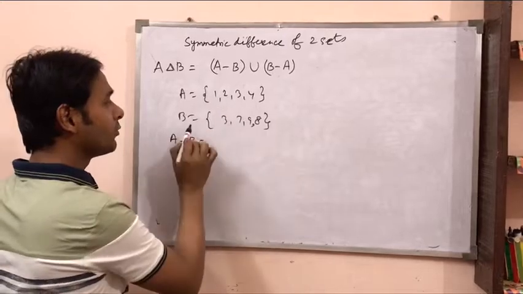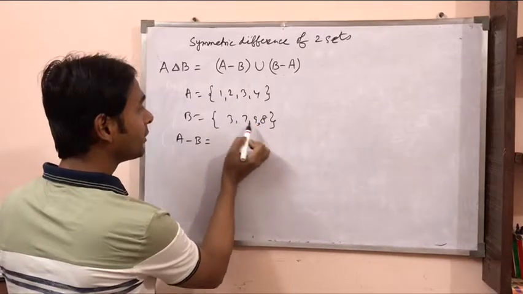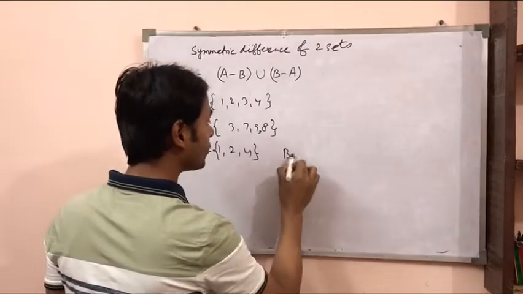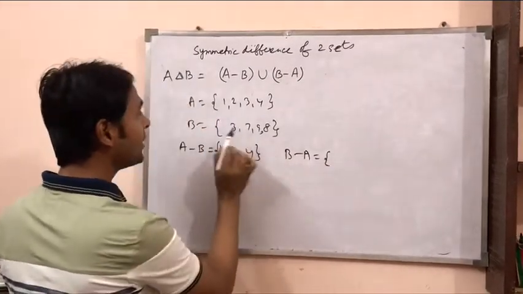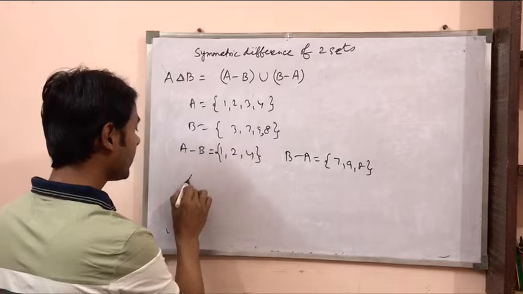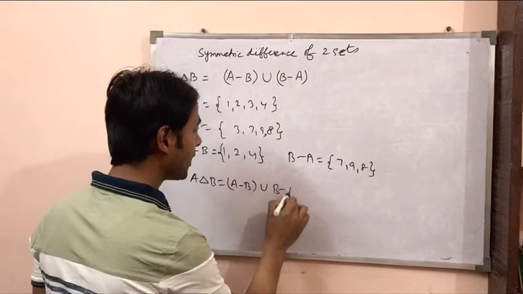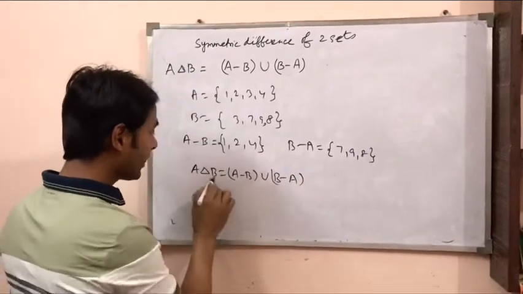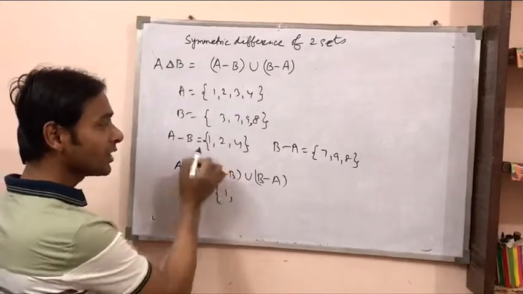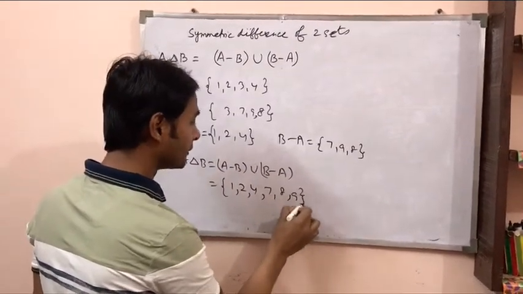तो A equals to 1, 2, 3, 4, B equals to this, then A minus B will be A but not B. तो 3 हट गया, ये तो आएगा, that means 1, 2 and 4. This is A minus B. Then B minus A is given by B but not A. B आएगा, B में से क्या हट जाएगा? 3 हट जाएगा. 7, 9, 8. Now A delta B will be A minus B union B minus A. So we can say that A delta B will be equal to set of points 1 आ गया. अब union, इन दोनों का union मतलब और, तो क्या हो जाएगा? 1, 2, 4, 7, 8, 9.